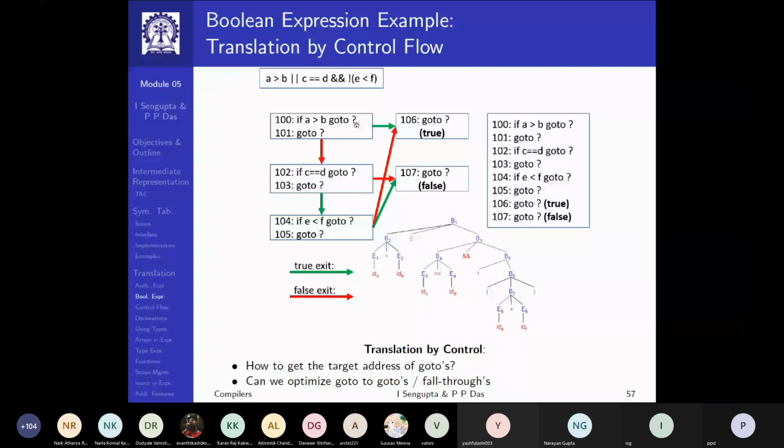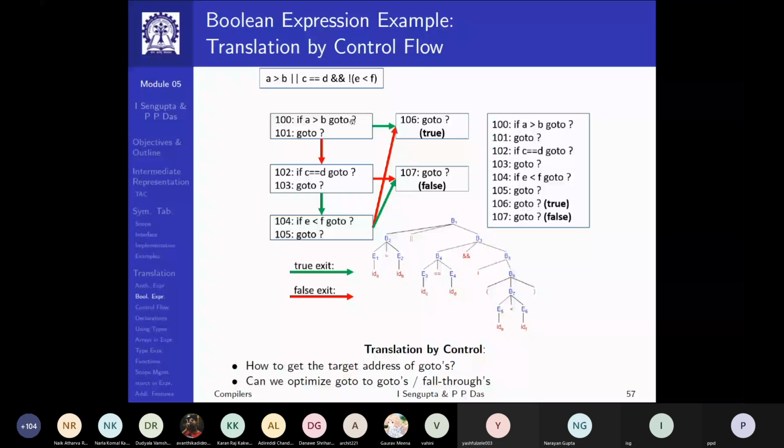The true list is the list of all those numbers of the quad, like 100 here, whose exit will go to the true point, but is currently not known.